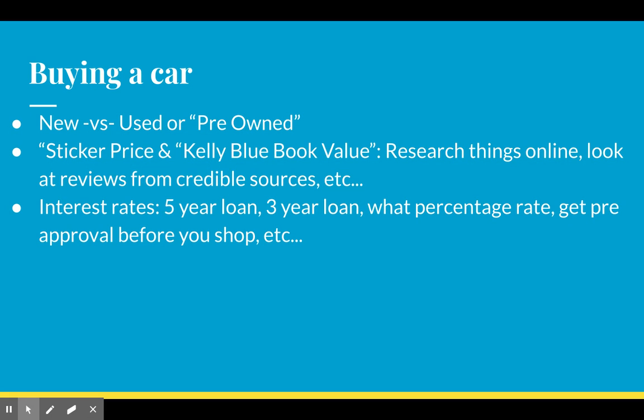The shorter the loan, the more you pay per month, but the longer you stretch it out, the more you're paying in interest. I don't know if you just caught what I just said, but if you had a 3-year loan, you're going to pay more per month, but less in interest. If you have a 7-year loan, then you're going to pay less per month, so it might be more affordable or realistic for you, but you're going to pay more in interest over time.